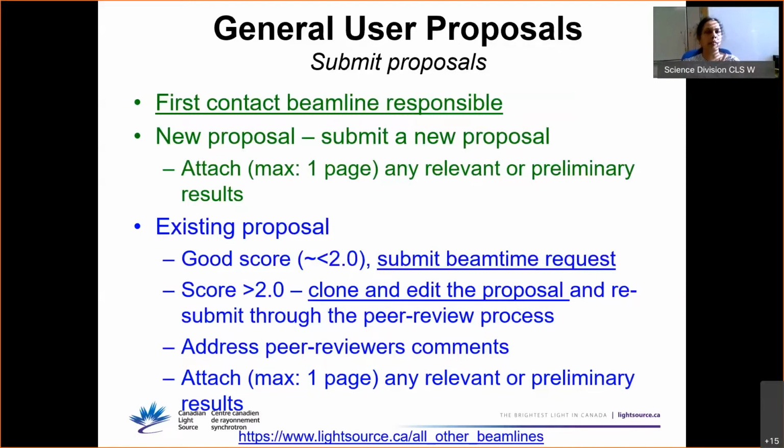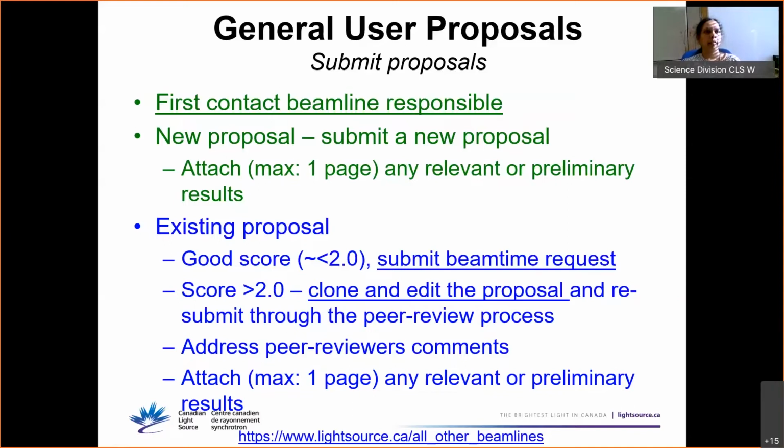So there is a process you can do. Another thing is if your score is worse than 2, I always encourage users to copy or clone your existing proposal, look through the peer reviewers' comments and address those comments or questions.